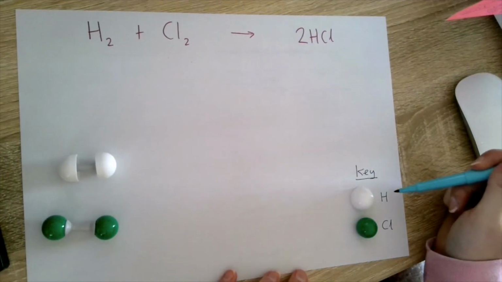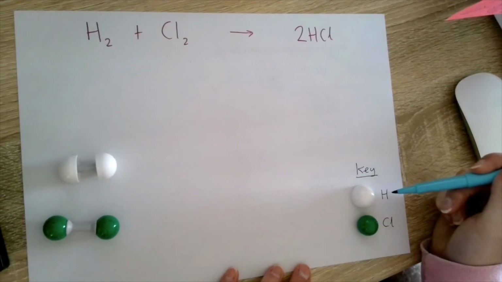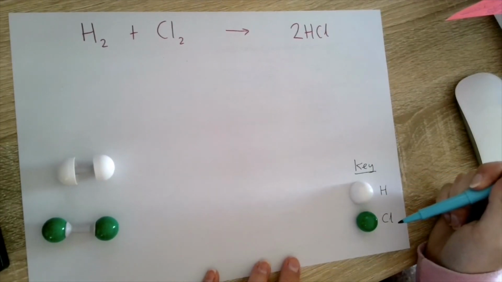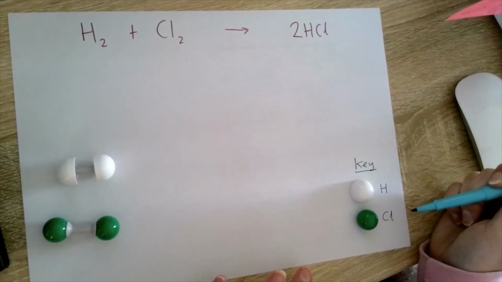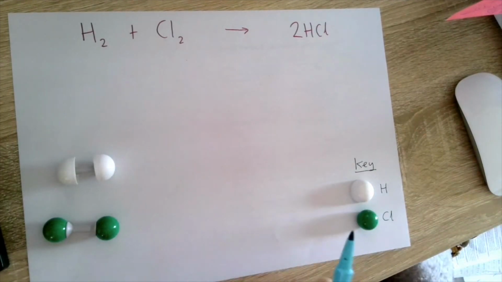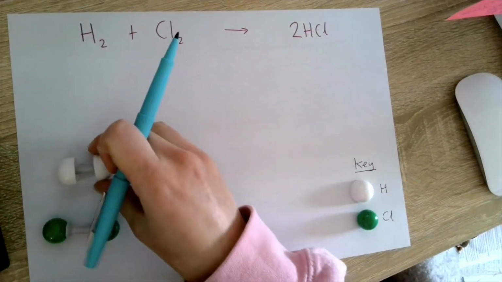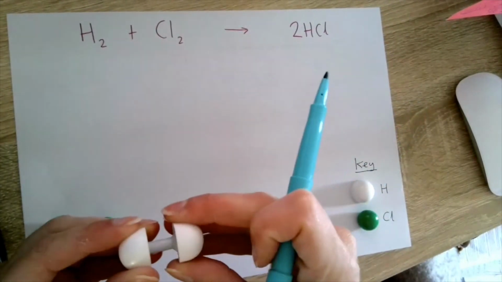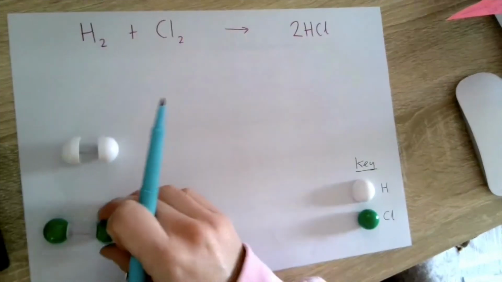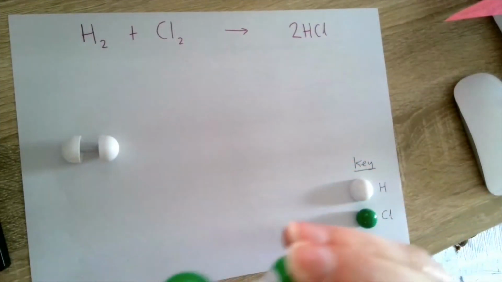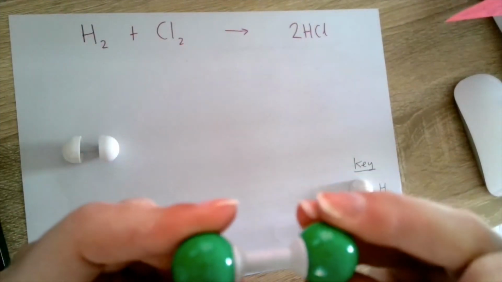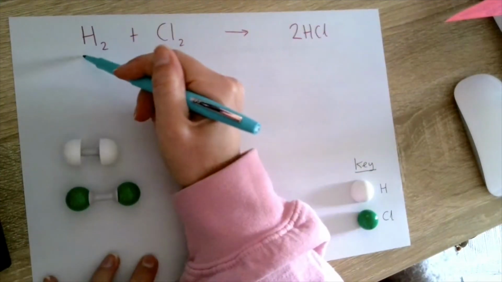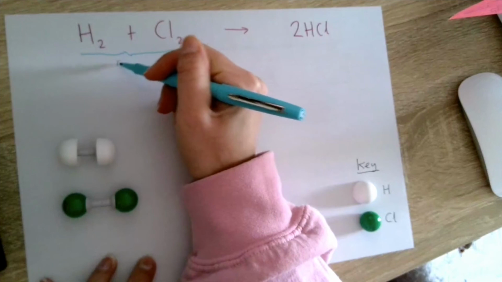So I've got a key on the side, so the white semispheres are hydrogen and the green ones are chlorine atoms. So each one representing one atom of each. And so I've got an H2 molecule, 2 meaning we've got 2 atoms of hydrogen in that molecule, and our chlorine Cl2 molecule, so 2 chlorine atoms in that chlorine molecule. So these are our reactants,